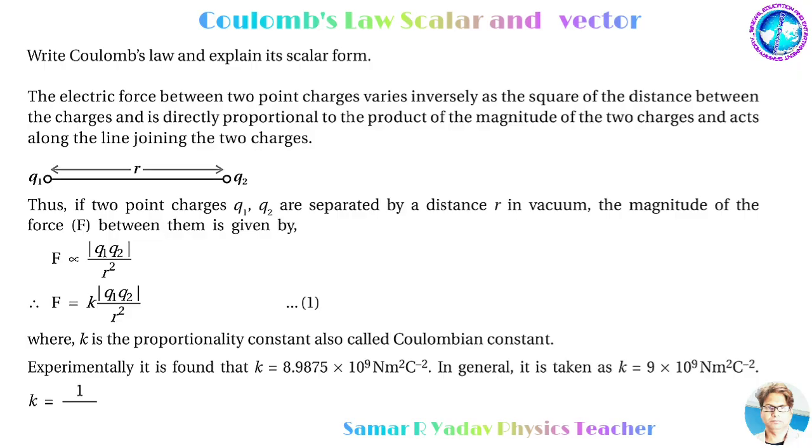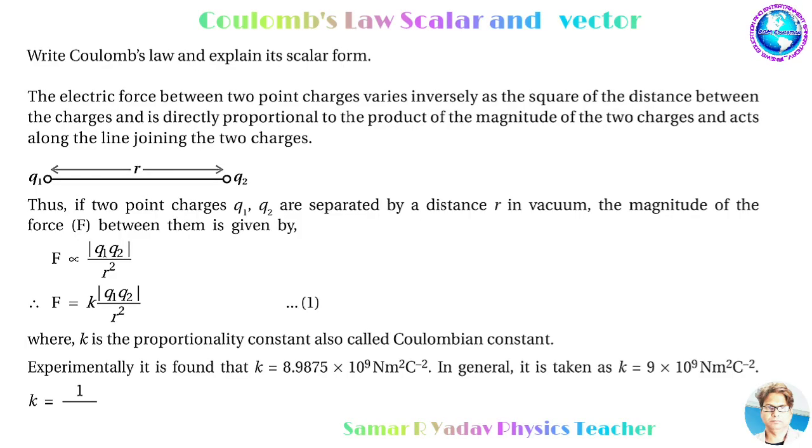Write Coulomb's law and explain its scalar form. The electric force between two point charges varies inversely as the square of the distance between the charges, and is directly proportional to the product of the magnitudes of the two charges and acts along the line joining the two charges. You can see in the figure, point charges q1 and q2 are at the distance r. Thus, if